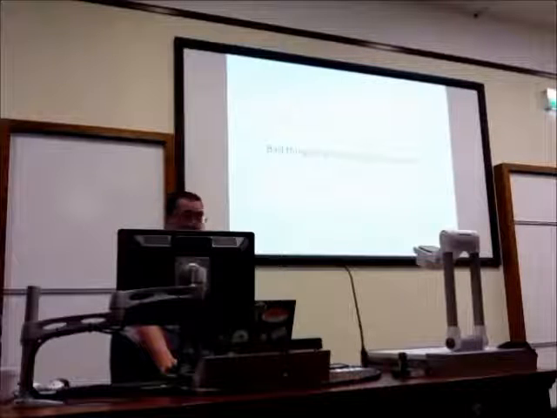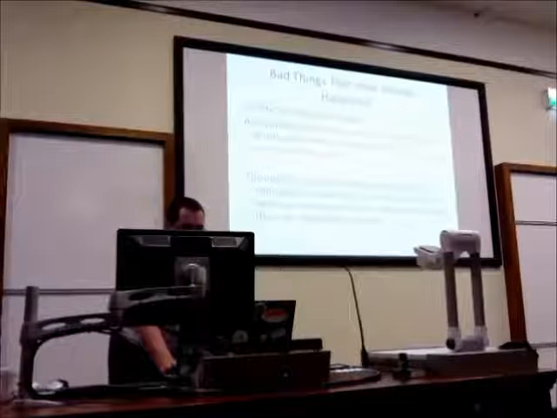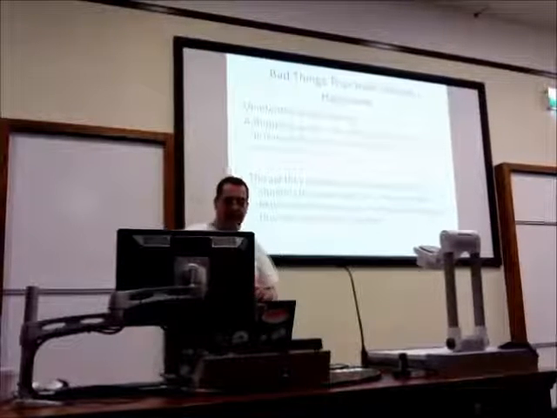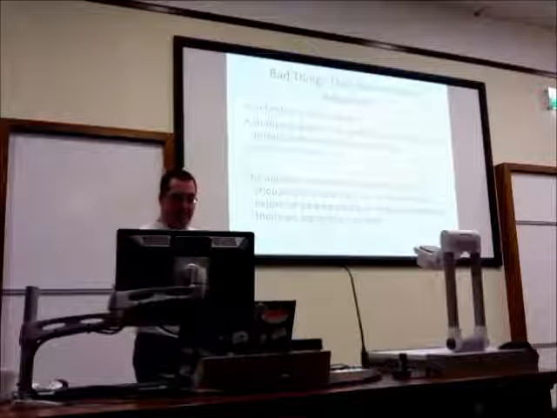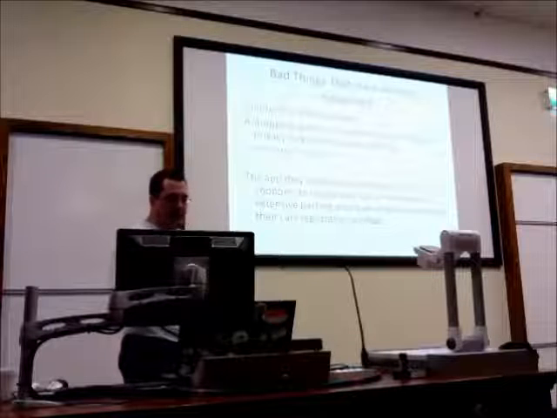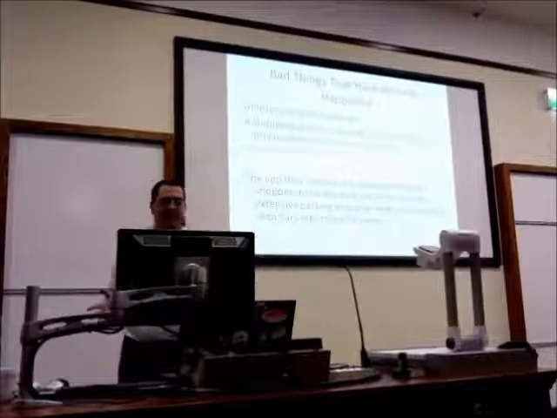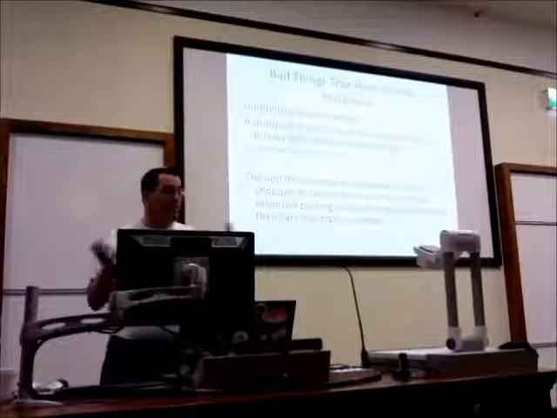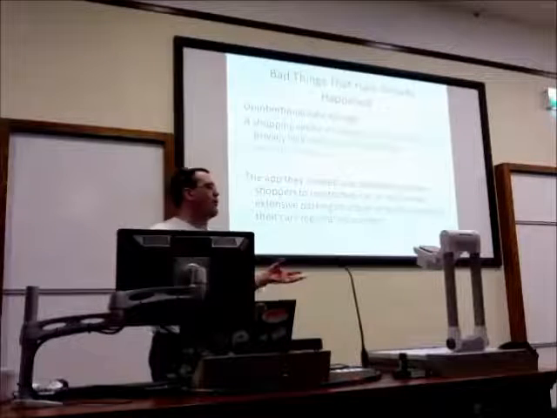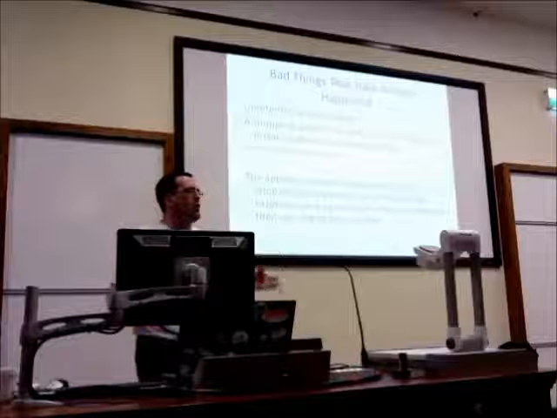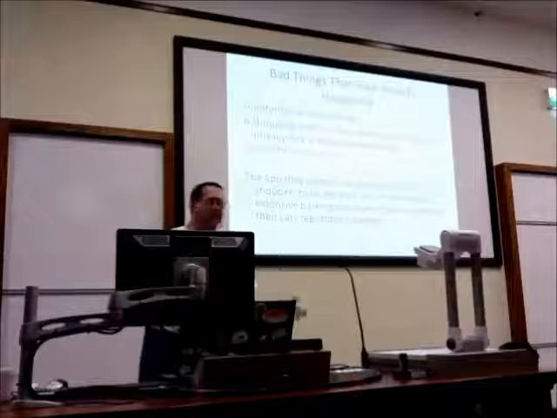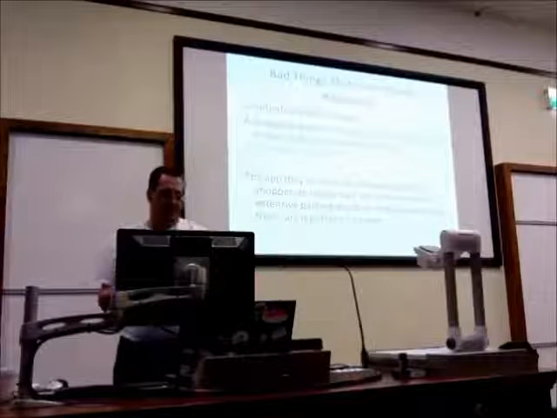So let's look at some of the bad things that have already happened. Unintentional data leakage. A large shopping centre in Australia, I'm not going to mention any names here, caused a storm when it was found that they were leaking data that potentially could have been used by a third party to track a person's whereabouts. The shopping centre, like many large enterprises, wanted an iPhone application that helped their shoppers in many different ways, helped them locate shops, helped them find where they parked the car, and a myriad of other things.